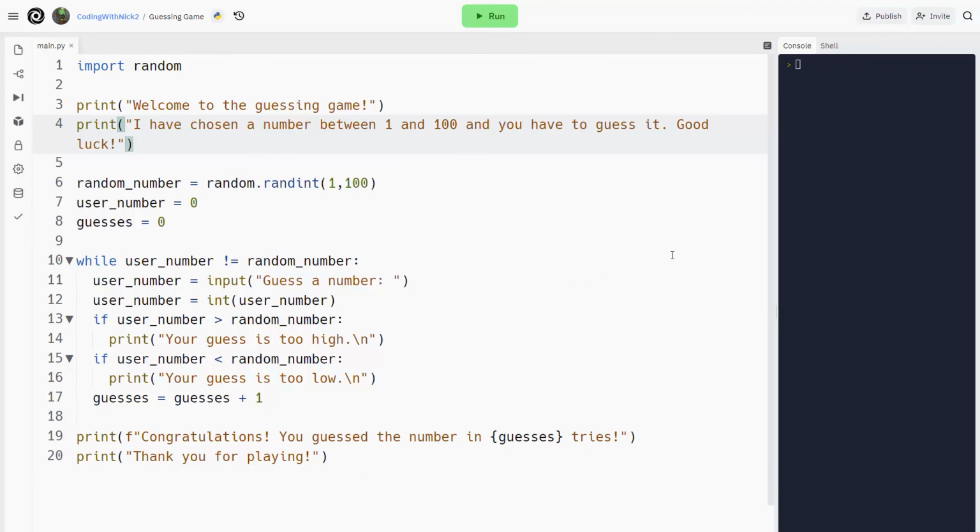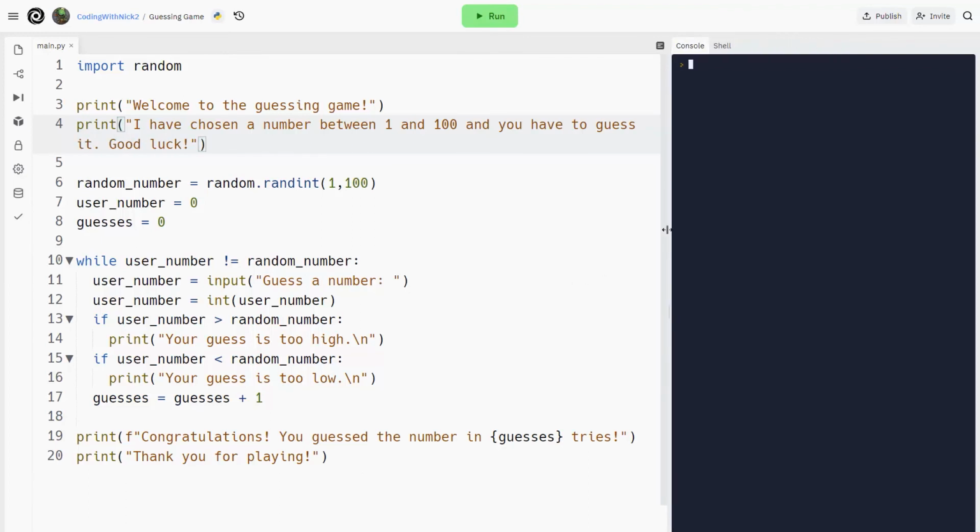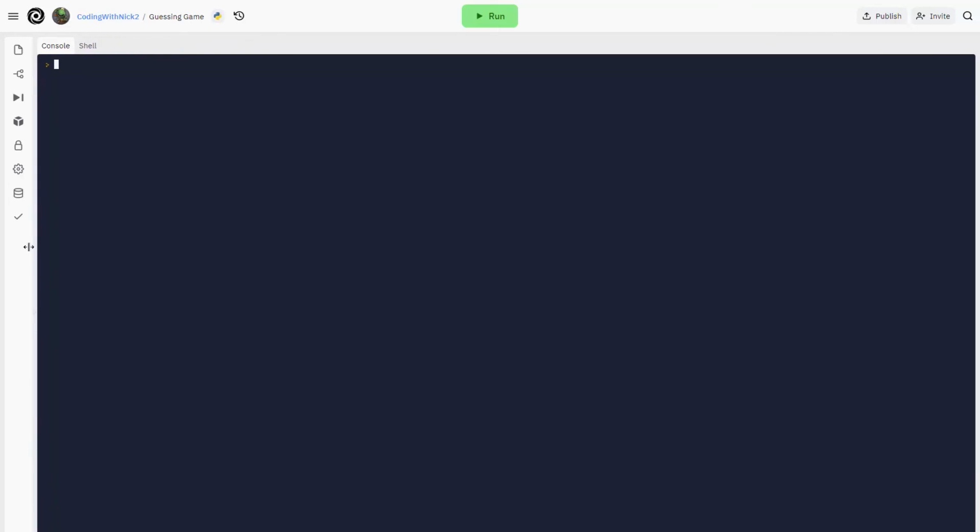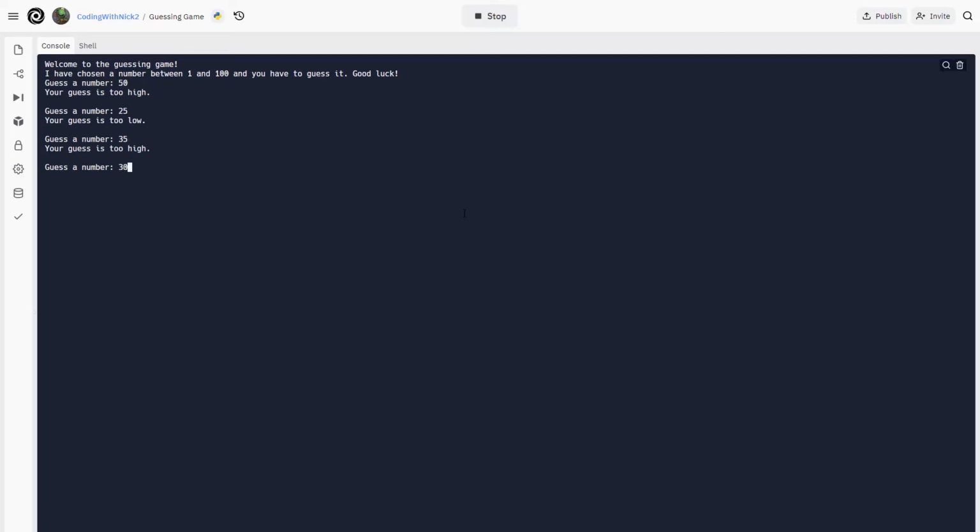As you can see, with just 20 lines of code, we created a simple game in Python which uses most of the topics we discussed in this course. It was a small example, but the same principles apply to bigger programs as well. It was fun, wasn't it? Programming is fun and Python is one of the easiest languages to start learning.